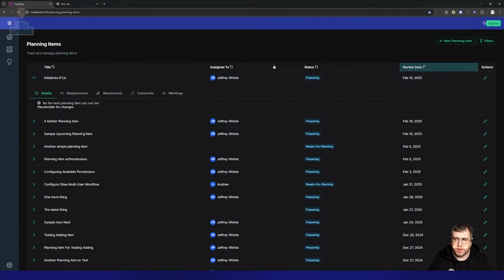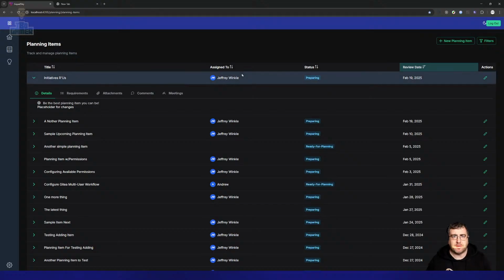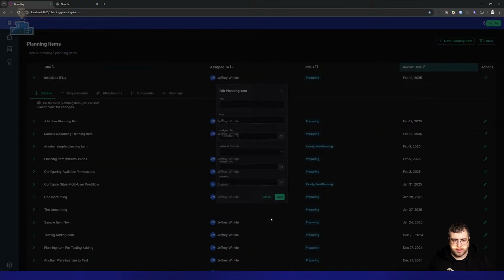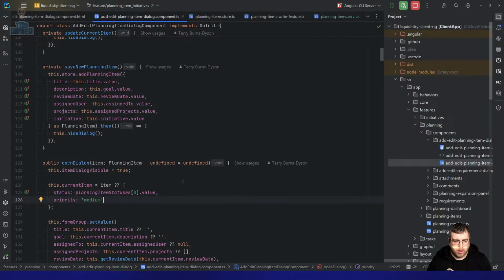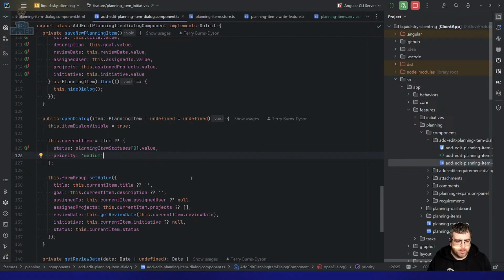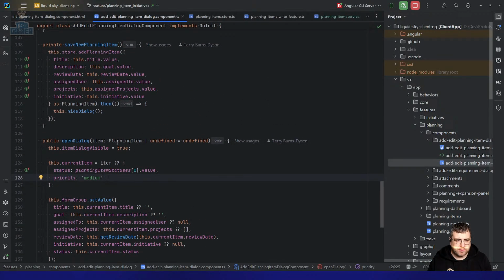how I pull the data, like what sort of patterns do I have here? I don't want to be busily pulling the data from the server every time I touch something, right? I don't want to keep pulling the entire initiative and the planning item and all the information about it every single time, but I can't have that there. So the next option is, when I open the dialog, to make sure that the current item is fetched